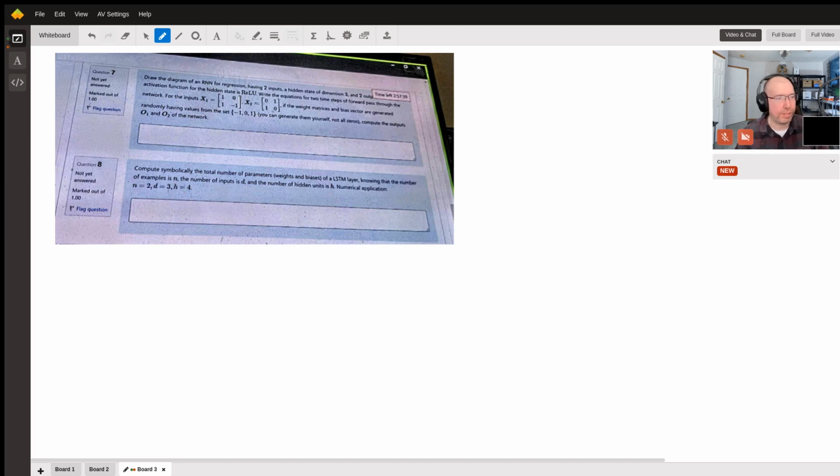I'm just missing where they define one of their variables here, which is kind of important. Hmm. For examples it's N, number of inputs is D. Maybe by,